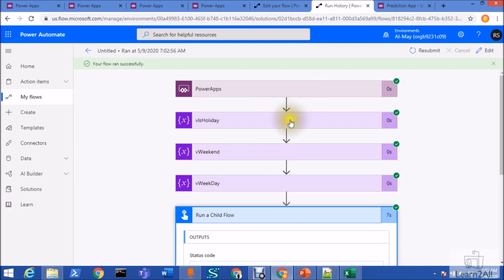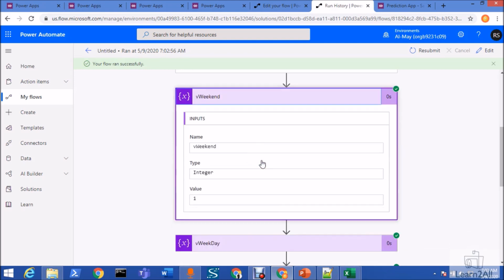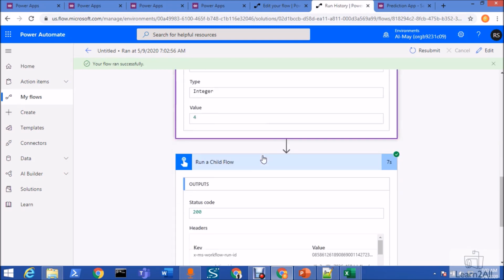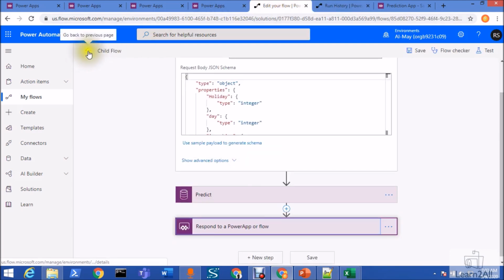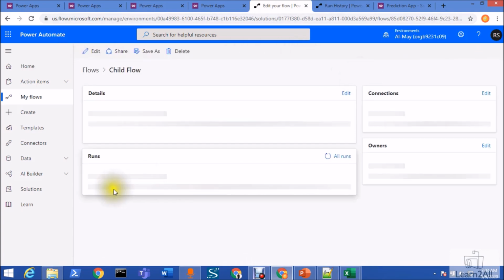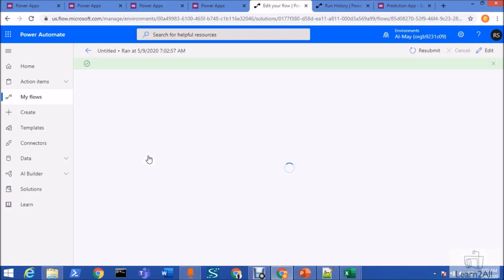You can see that these three parameters have been passed over here: is holiday, weekend and weekday, right? And here is my output. My prediction is 3. Number 3 means not go for a movie. And if I check over here, the child flow run, 50 seconds ago, it triggered from my parent flow.